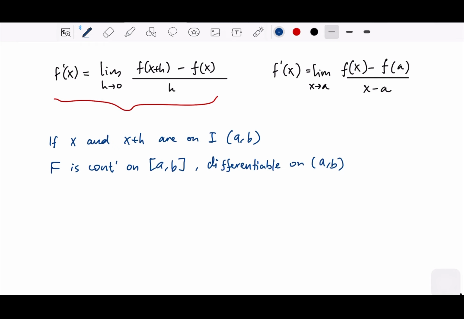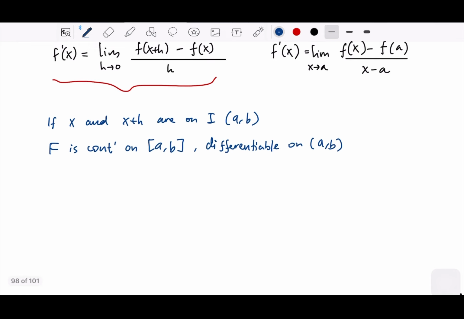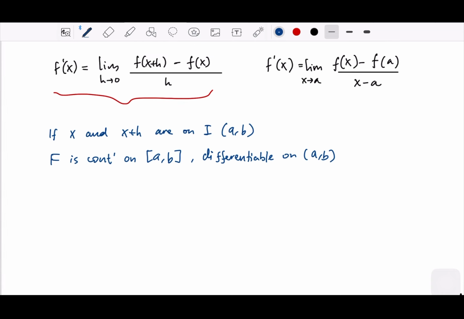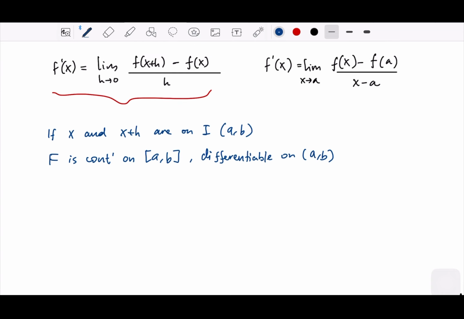Then, according to the fundamental theorem of calculus that we established in the previous page, we could write that if we take the capital F of x plus h minus F of x,